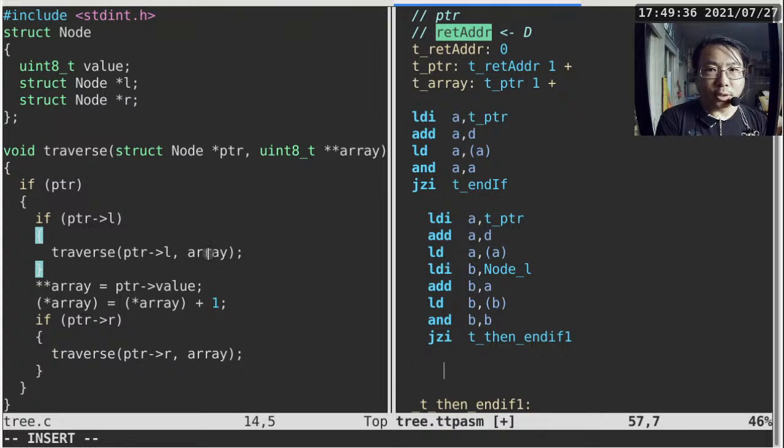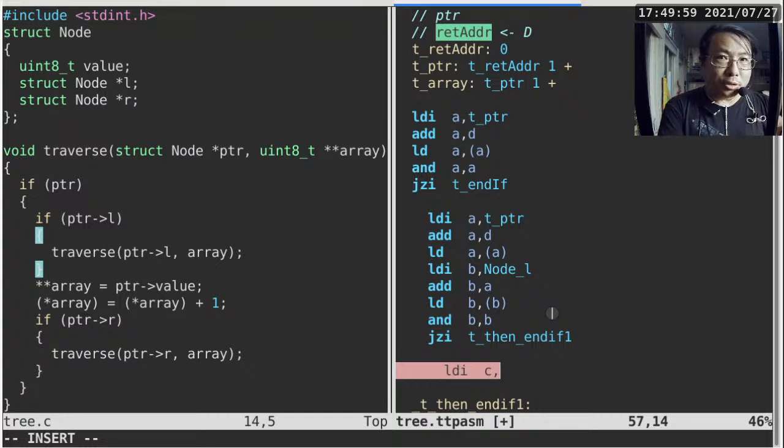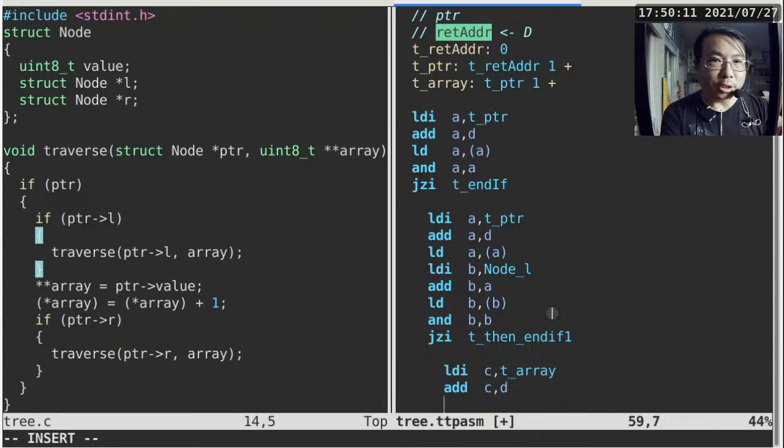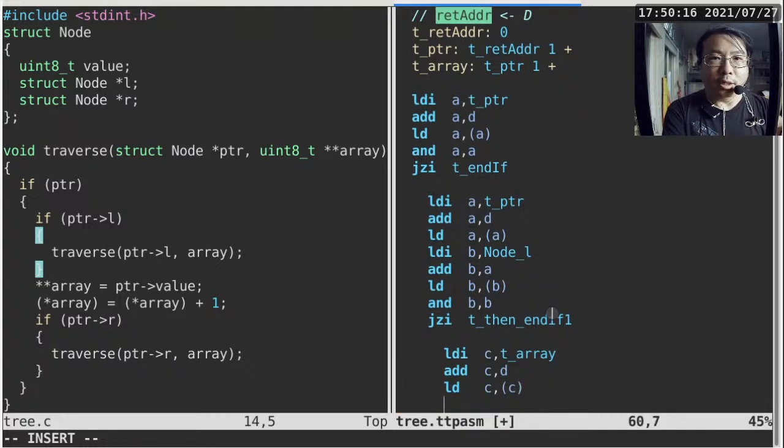So the recursive call just needs to get array, and then that thing that we computed earlier, push both of those on the stack and then call traverse again. Alright, so array has never been touched, so we have to compute it. So I'm going to do LDI. This time I'm going to use register C because I know register A and B seem to be quite useful at this point, and I do have register C available. So I'm going to put the offset to array into register C, add CD so that we have the address of array in register C, LD CC, so we get to array itself,